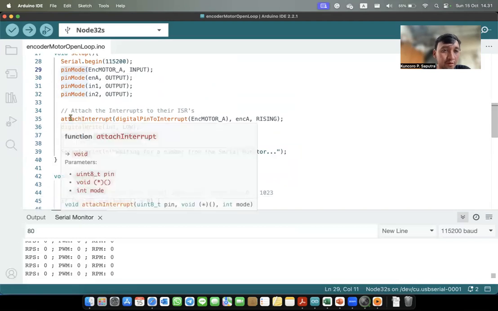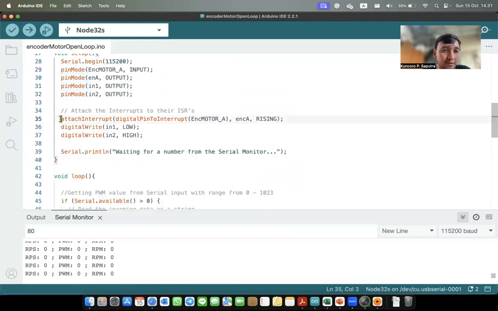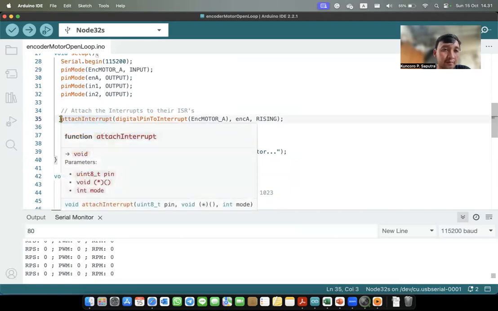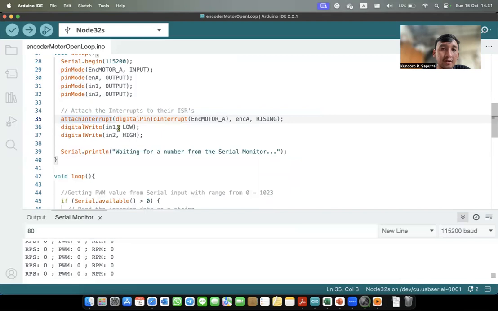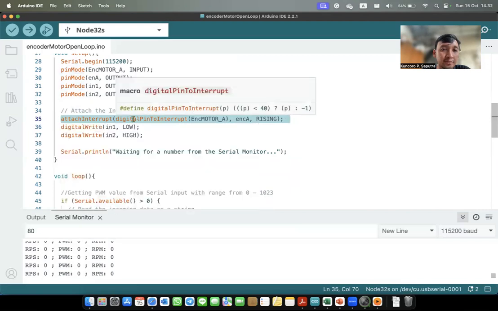And don't forget to activate the external interrupt from the digital pin using the function attach interrupt, digital pin to interrupt.